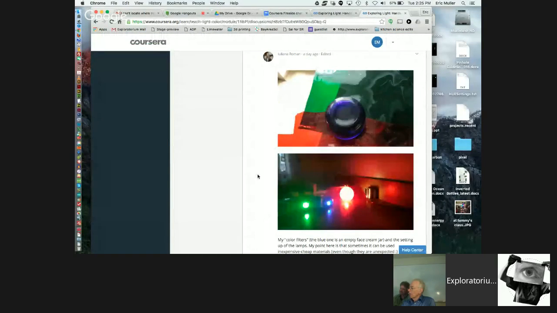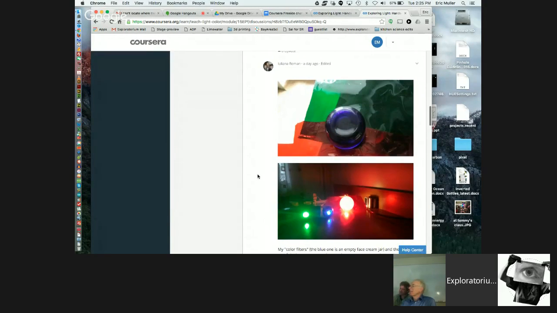Right over here. Did you guys see this? What do you think? I thought it was amazing. A teacher using filters that she had around the house and a blue jar that had cold cream in it for the blue filter. I thought that's kind of clever, a teacher using everyday materials to find a red, a green, and a blue color, and the white lights that they could find. I don't know what kind of filtering material they have below it, but that jar blew me away. The jar was excellent. Yeah, the jar was great.